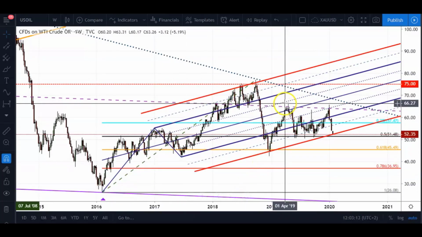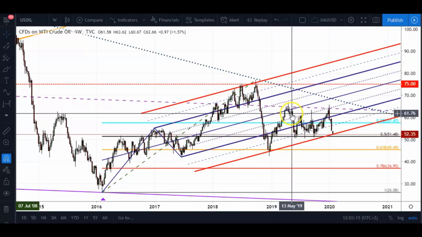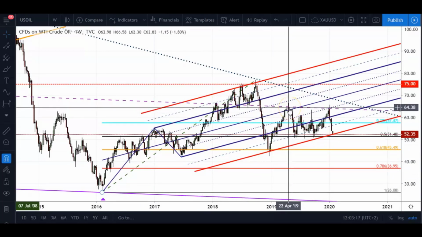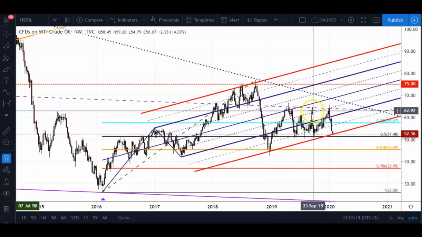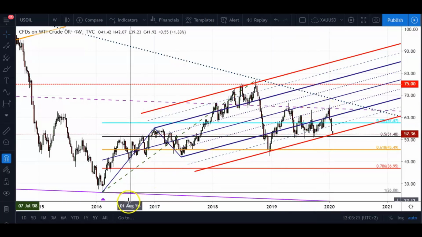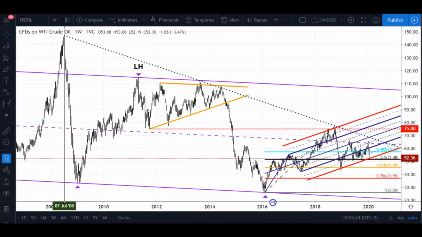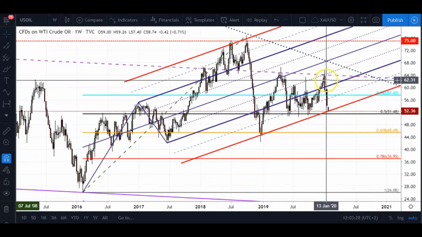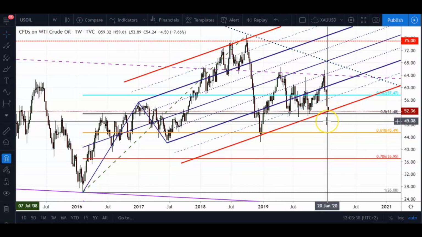Price then moved upwards and has since failed to break on one, nearly two times, and on the third occasion this long-term center channel line, which stood in its way, and price declined again. Obviously, guys, there were political factors that we need to take into account here. This is just a technical overview.